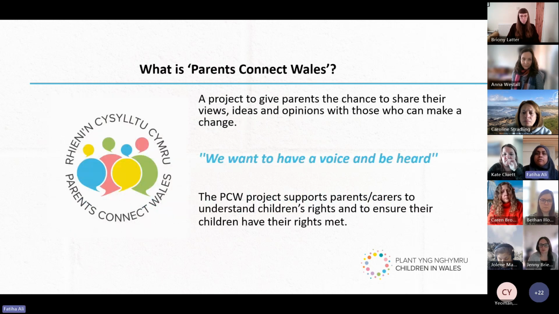The Parents Connect Wales project is based in Children in Wales, and it came about from a need to support parents and carers to understand the role they play around children's rights, and to help them ensure that their children have their rights met. It gives parents a chance to share their views, ideas, and opinions with those who can make a change. It came about as a response to parents telling us that they want to have a voice and they want to be heard.